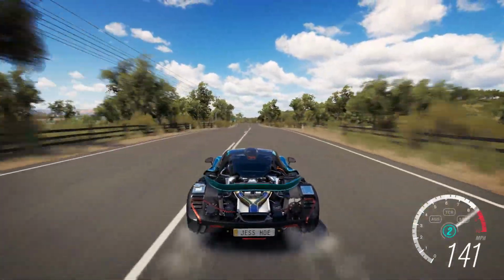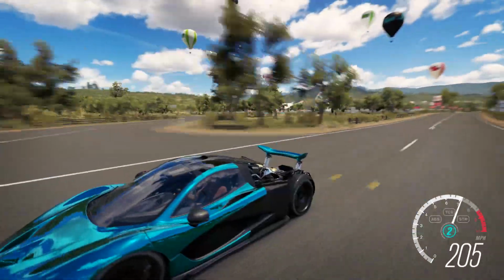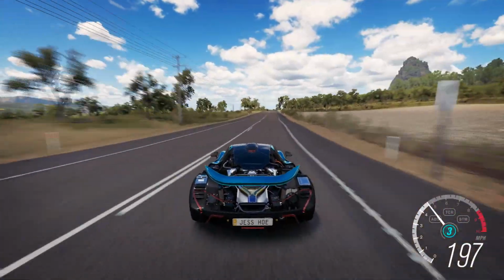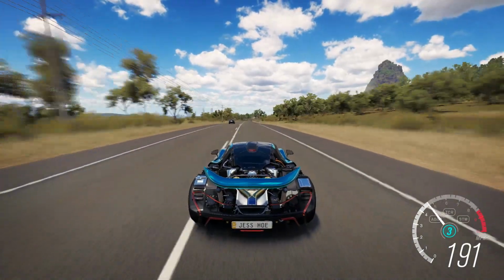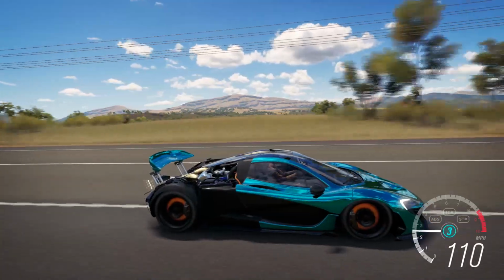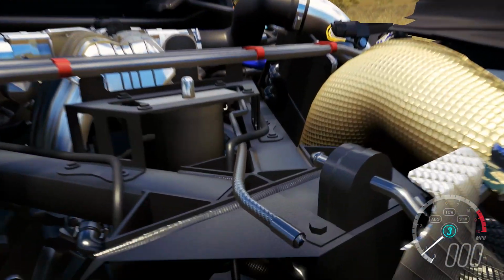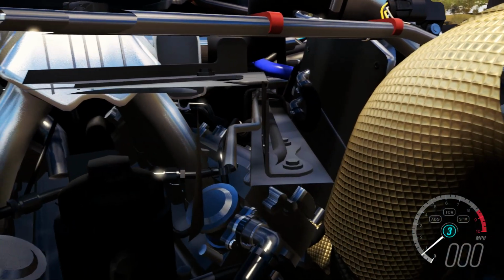It would look awesome. But it would probably not be very good for the car, that's for sure. Some of the stuff you can do on this game is just so cool. Look at the detail in that engine. It even knows where all the little pipes and stuff go. Well, not pipes, but...